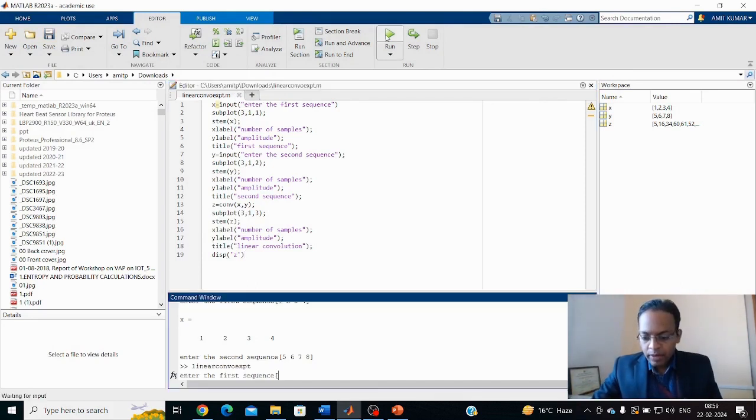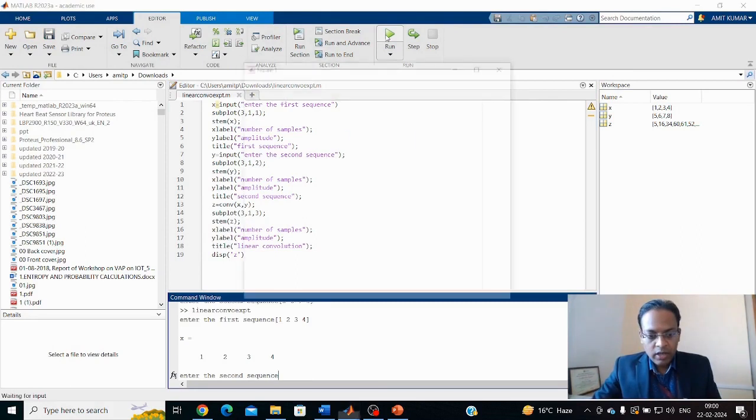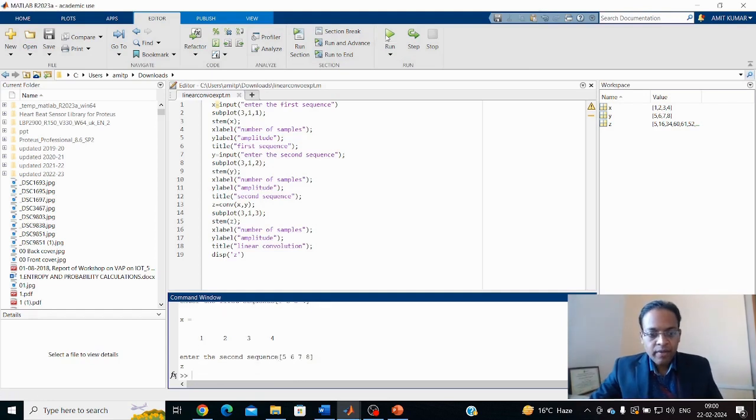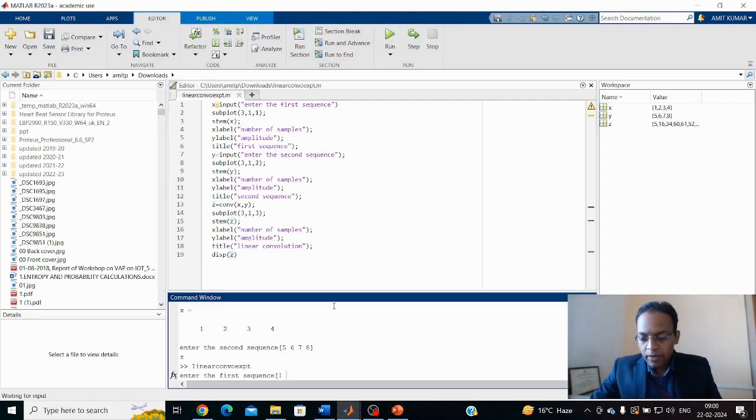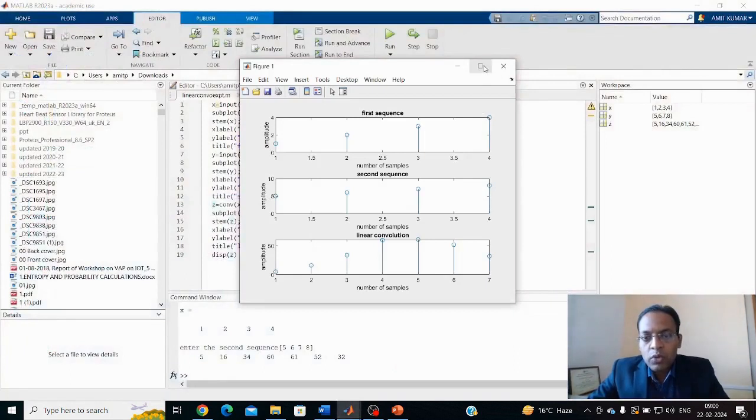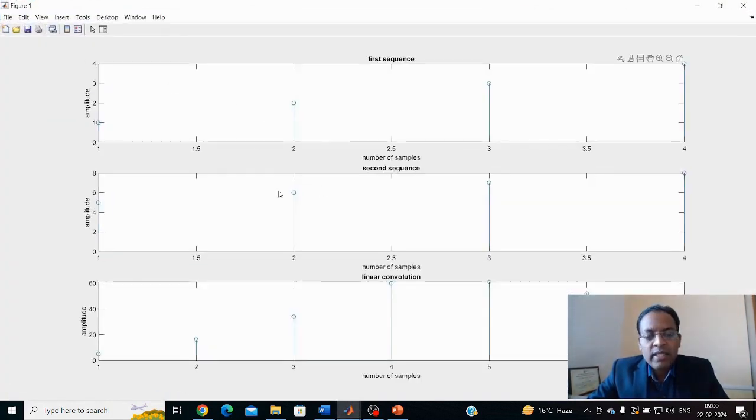Now run it again. So 1 2 3 4 is the first sequence, then second sequence 5 6 7 8, and then display Z. The value of Z we have to write here. Run the code again. First sequence, second sequence, and this is the result. So we have calculated the linear convolution of the two sequences. So this is the first sequence, then the second sequence, and finally the linear convolution of the two sequences we have